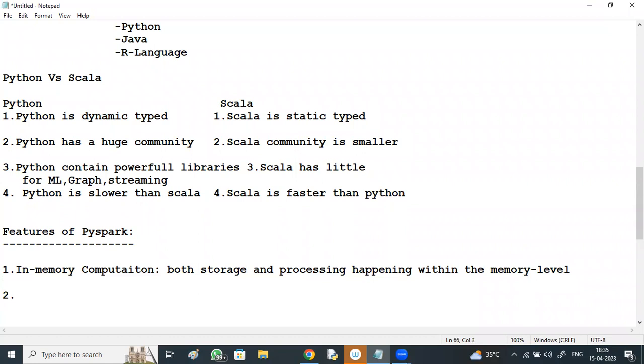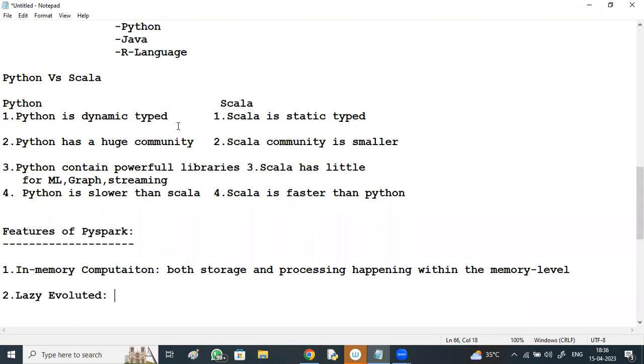Secondly, one more feature, right? Spark is lazy evaluated, and eager evaluated. What do you mean by eager evaluation? Eager evaluation is nothing but when declared, immediately executed. But lazy evaluated means just like a function, right?